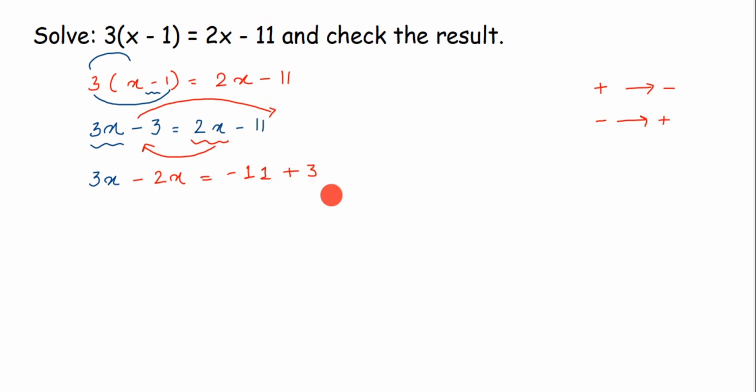So here it's 3x minus 2x. Whenever you have a variable and you can see they are like terms, we can subtract them. We have only one variable which is x, so we can subtract it. When you're subtracting, you have to subtract the numerical coefficients. That is 3 minus 2, which is 1. You can write 1x or you can just write x. So I get x equals